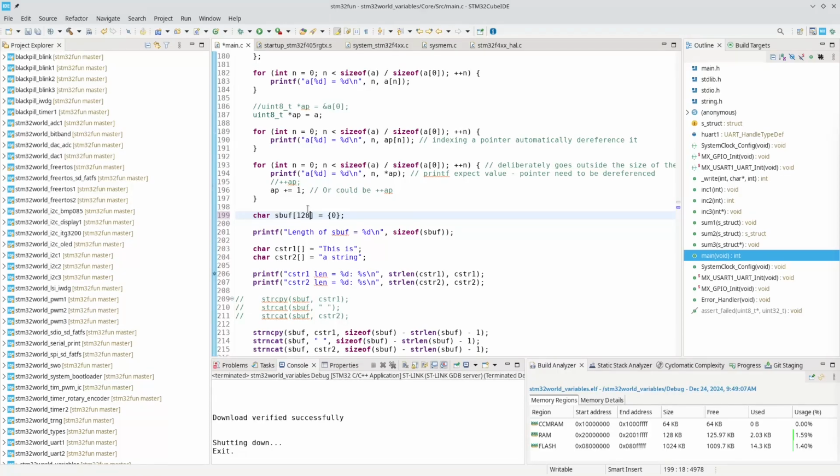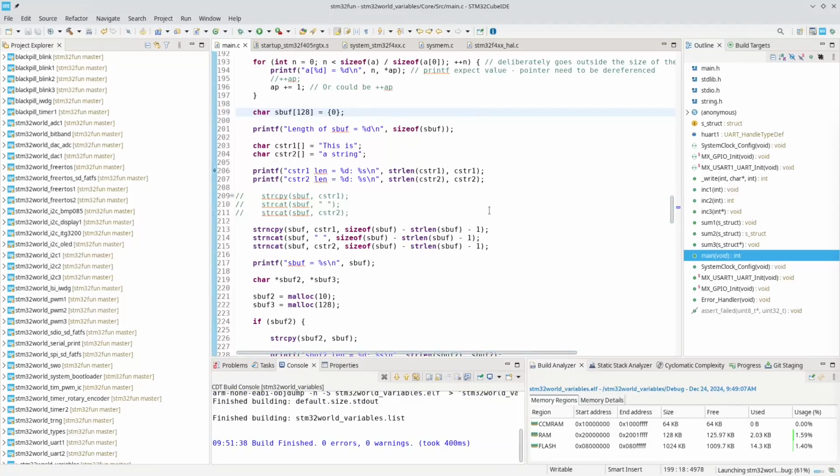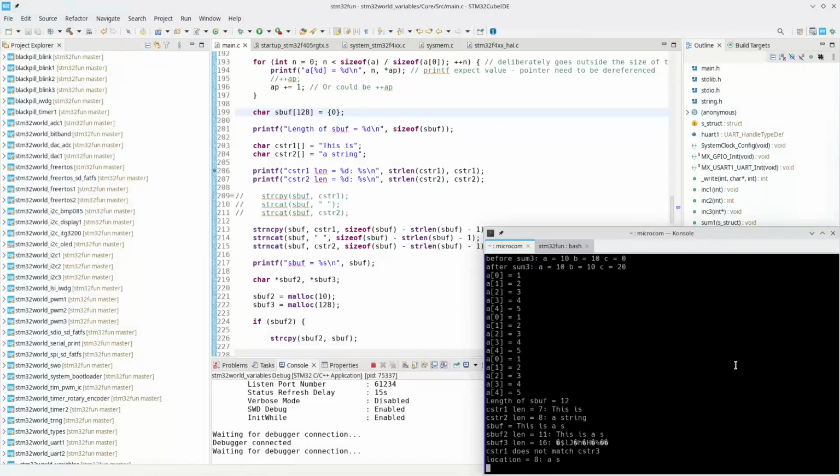There is no range checking in C. You can write as much as you like into these strings and it will just continue corrupting the memory. It is the responsibility of the programmer to actually make sure that you are not writing more into